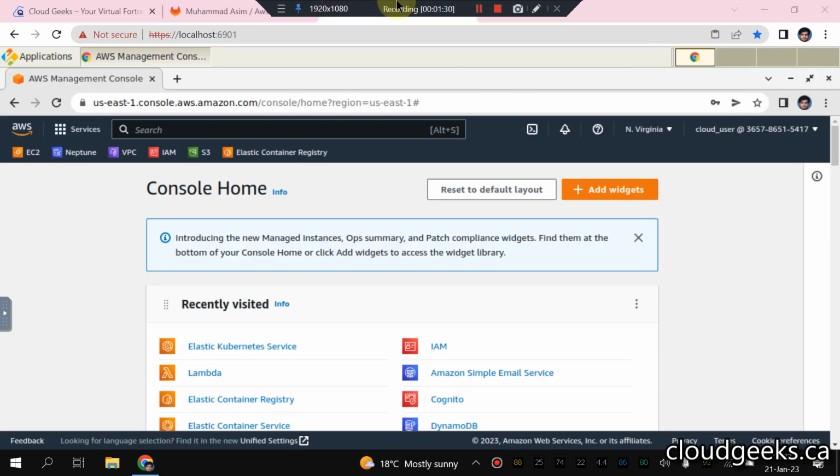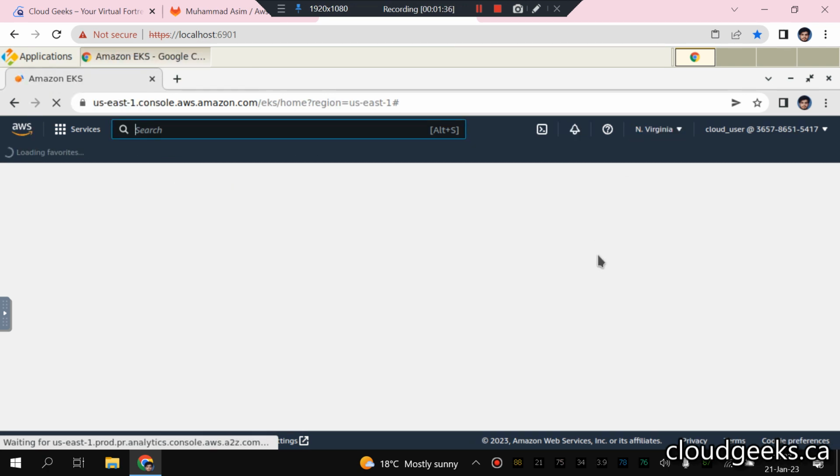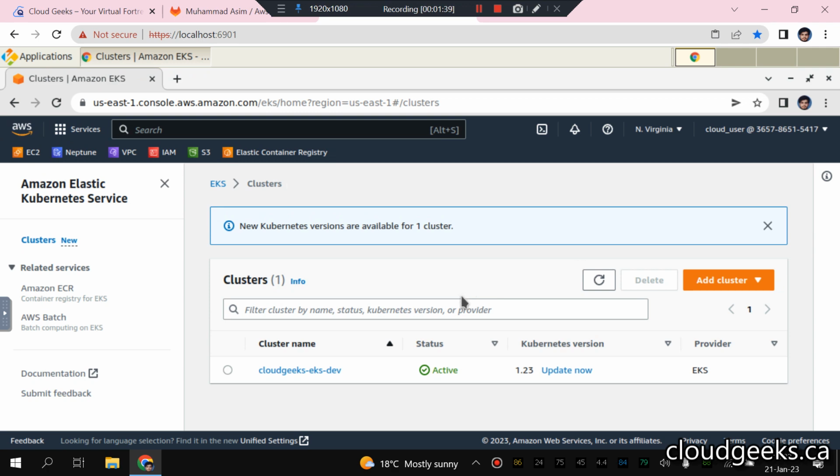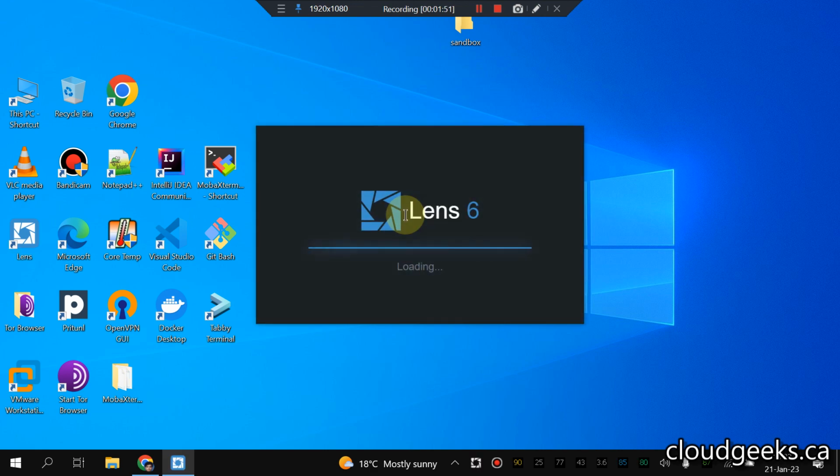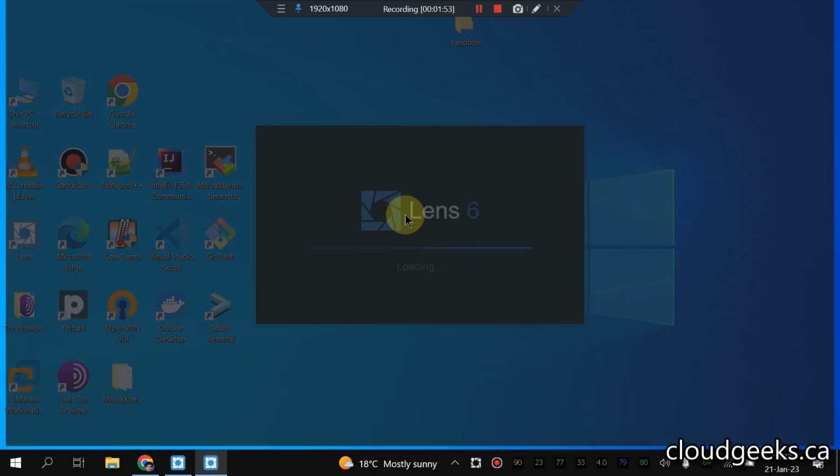So let's begin. What I've done, I've already spun up my EKS cluster. Let me show you that. So version 1.23 is set up for this demo, and it is just a one node cluster, right? And what I'm going to do, I'm going to simply import this cluster. So I've already configured my credentials. So when you do that and import,